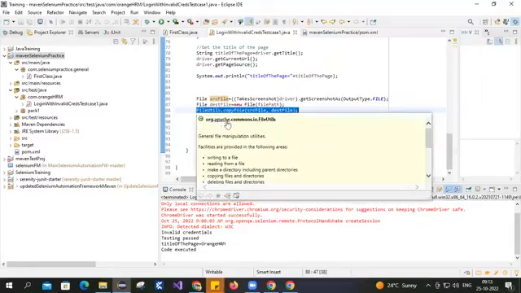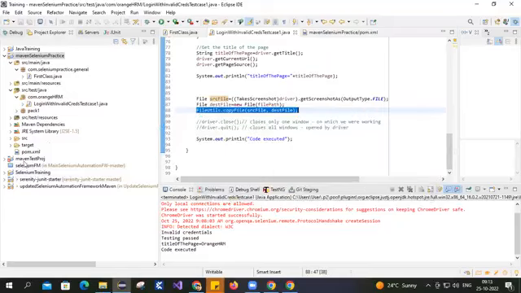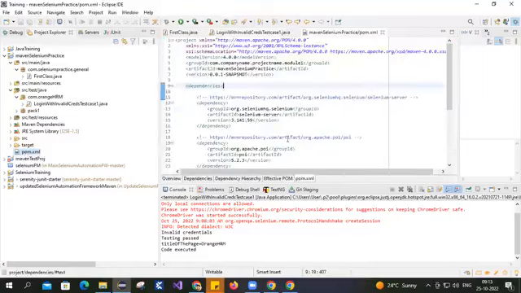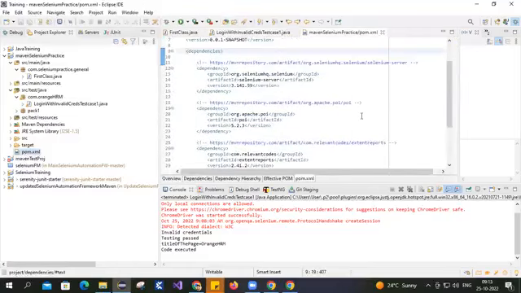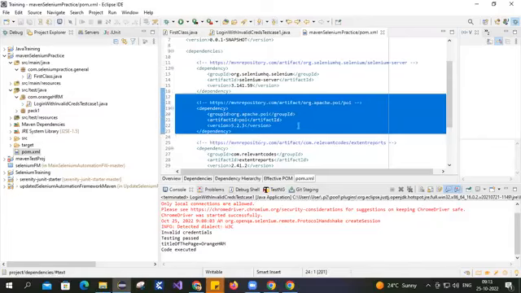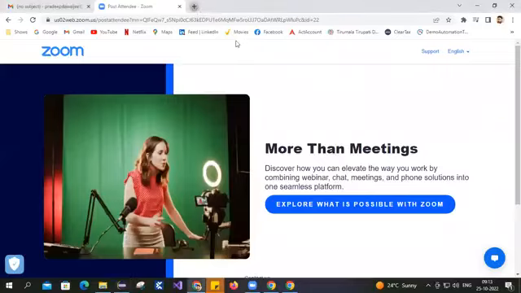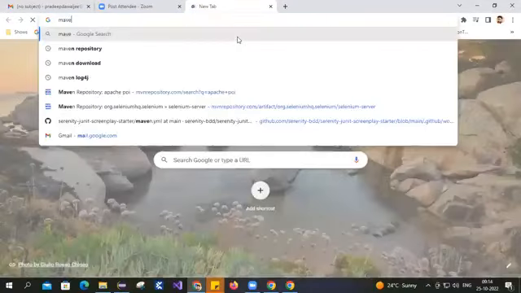And where this FileUtils dot copy is coming from, it is coming from org.apache.commons.io.FileUtils. So this is the package, and for that package, if you see in our pom file, what we have to do is take the Apache POI reference. So you already know, from Maven repository